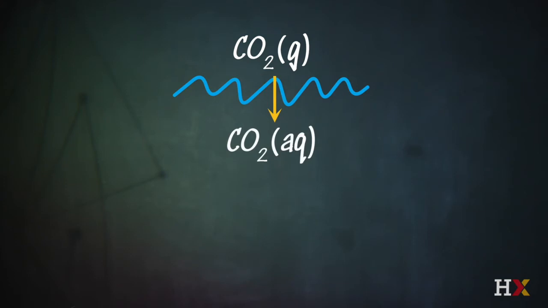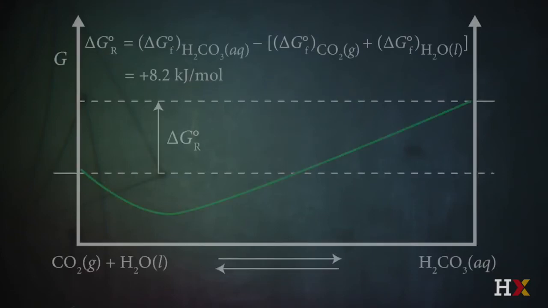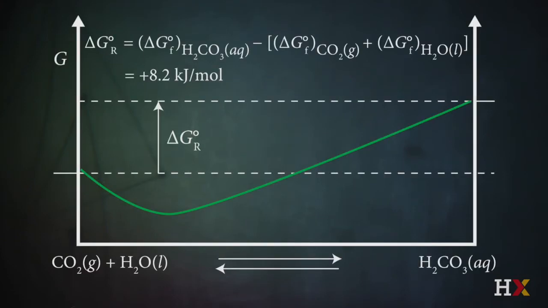And the question then is, what happens to that CO2 in the aqueous phase? Well, Gibbs free energy tells us exactly what the answer is, because CO2 is a reactant, forms carbonic acid H2CO3,